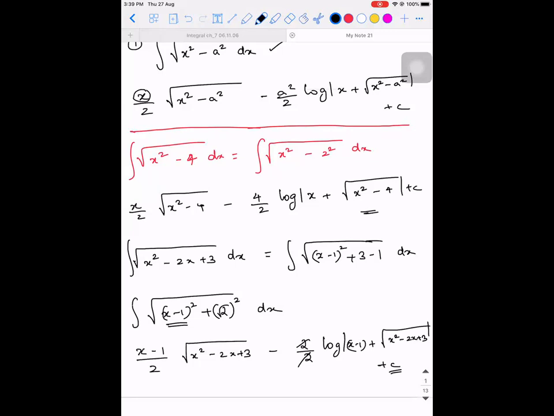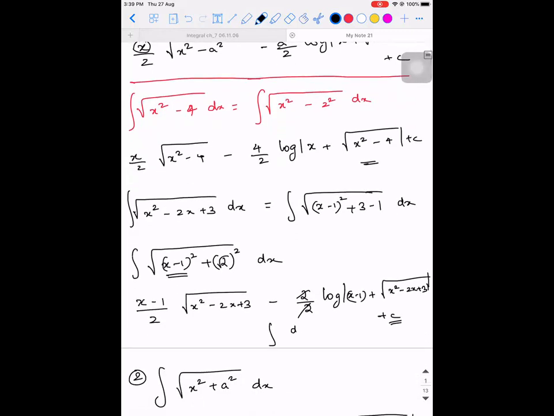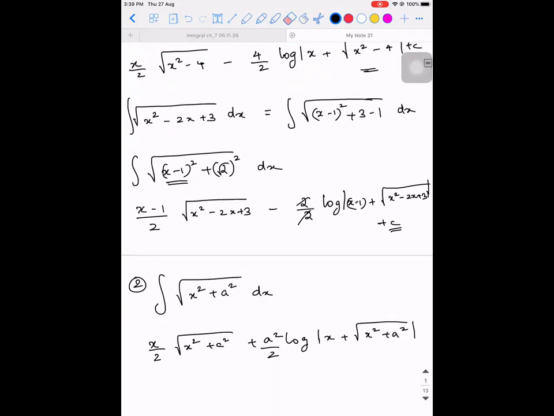So I hope this is clear. We have done similar kinds of problems in the other exercise. You remember problems like integral of dx divided by root of x square minus a square. The only difference is that there it was in the denominator, here it is in the numerator, so the formula is different. Whenever you had x square minus a square or a second degree polynomial form, you completed the square and then solved it, right? It is the same approach for the remaining problems also. I'll do one more problem, then we'll move on to the next exercise because I'm sure you can handle this.